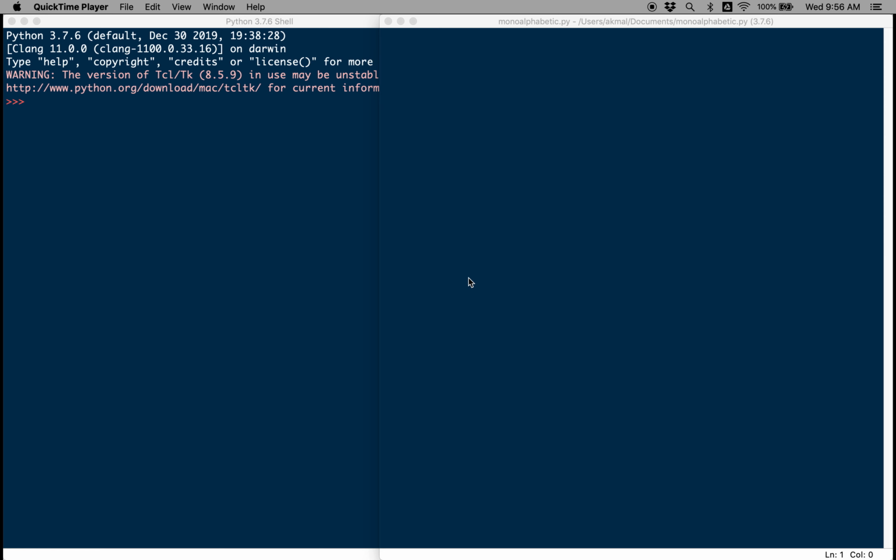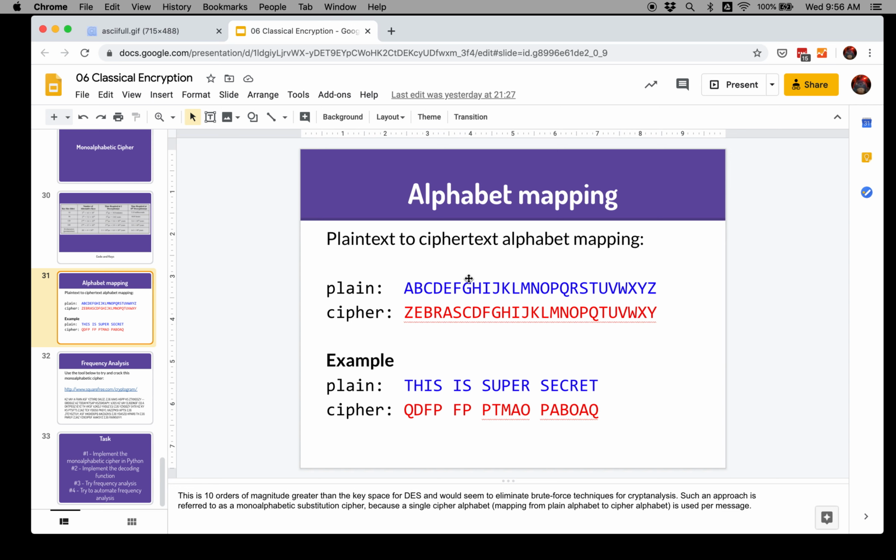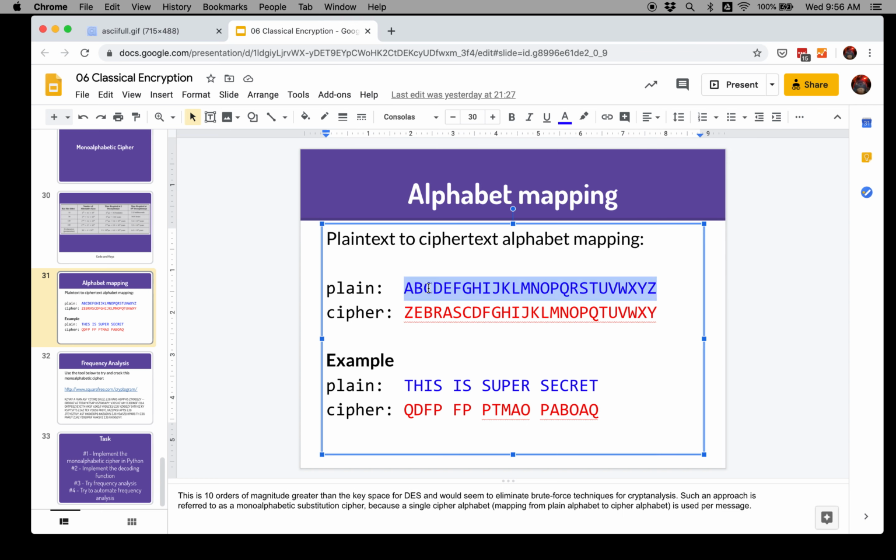In this video, we are going to be implementing the encoding for the monoalphabetic cipher. For the monoalphabetic cipher, each letter of the alphabet is mapped to another letter in the alphabet. There is a one-to-one mapping from one letter to another letter. In this case, you can see the mapping from the plain alphabet from A to Z into a cipher alphabet. So the letter A is mapped to Z, the letter H is mapped to D, the letter T is mapped to Q. And at the bottom here, you'll see what it will look like when you